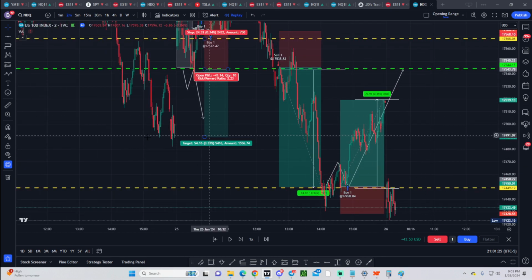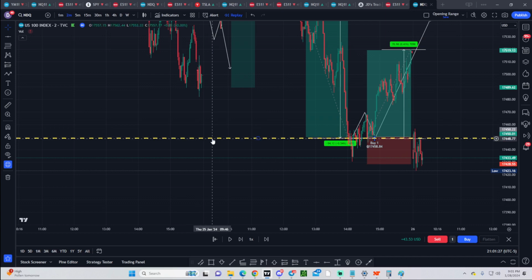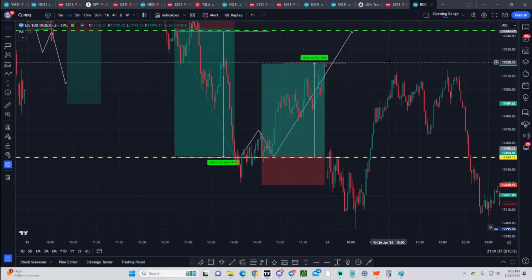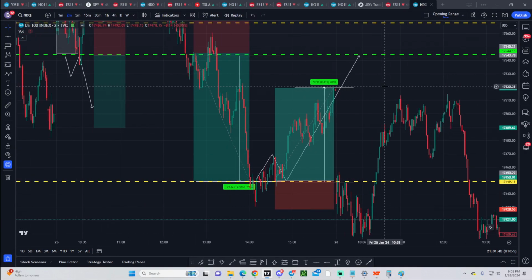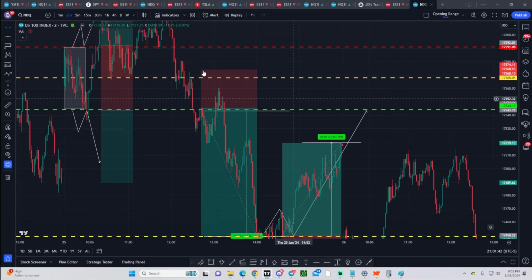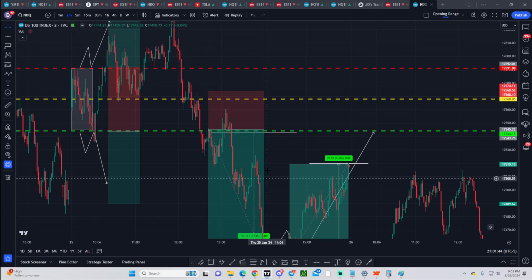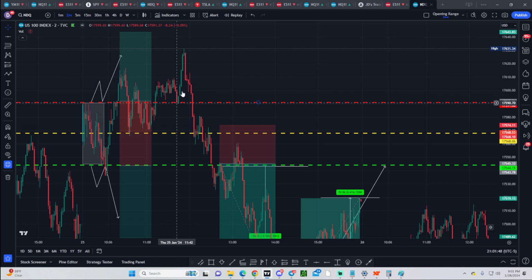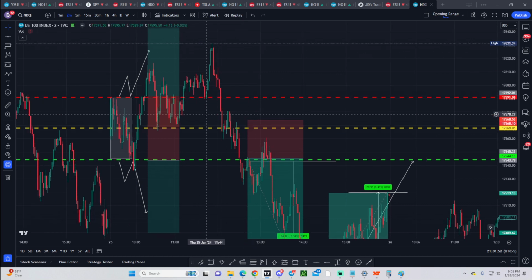This line obviously was not generated by anything, but it would have been a good line to trade from, just because it was the previous day high, and it just went back down and retested it. So that just happened from this area here. So this would have been a buy. I actually didn't get a chance to do that buy, but this would have been a buy,